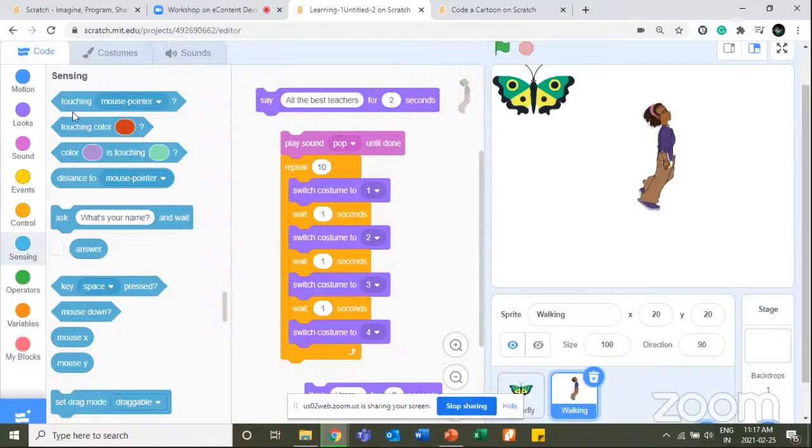We have sensing blocks. Touching mouse pointer, it actually senses what is happening on the screen and it will give you an output, whatever is pre-recorded or predefined output it will give you whenever that particular action or the sensing is happening. Now if I say touching mouse pointer,